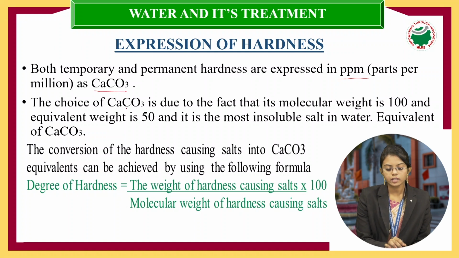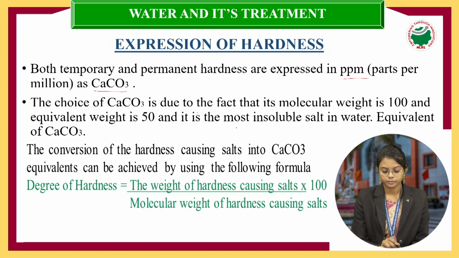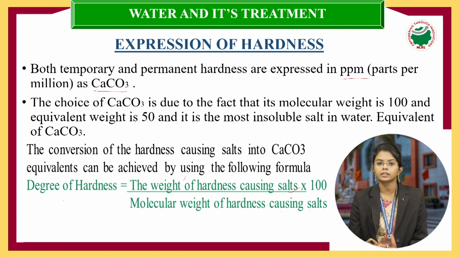CaCO3. The choice of CaCO3 is due to the fact that its molecular weight is equal to 100 and equivalent weight is equal to 50. And it is the most insoluble salt in water. So the simple degree of hardness is equal to the weight of hardness causing salt divided by the molecular weight of hardness causing salt. First we take the weight of salt and then molecular weight of the salt into 100, then we get a